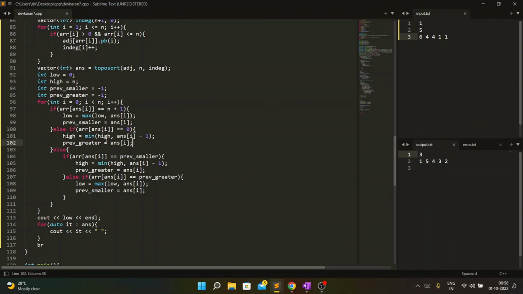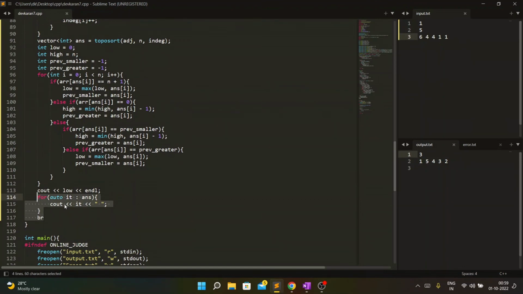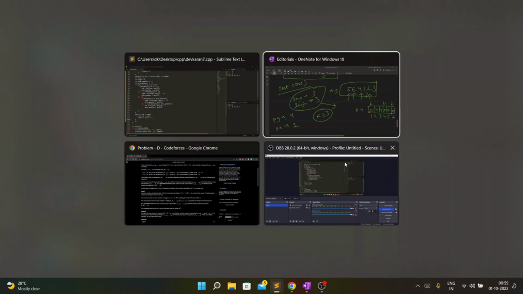And if both of these cases are not being entertained, then we might be having previous smaller or previous greater cases. So we are doing the same thing, just copy paste from here to here. And I will be getting a range of k, and low will also be included in the range of k. So I am outputting low only, and then I will output my B array, and this is getting accepted.